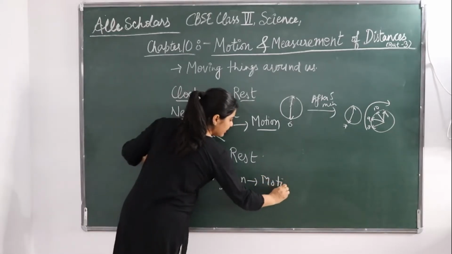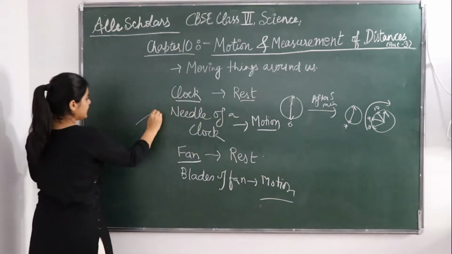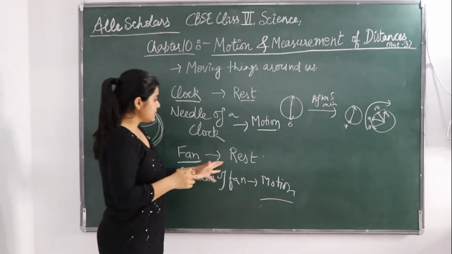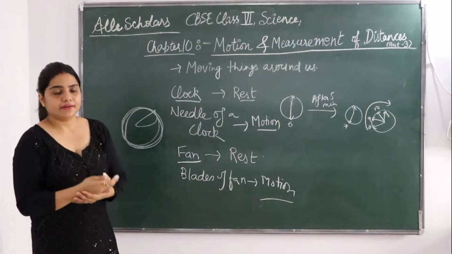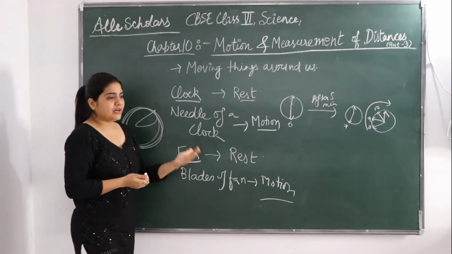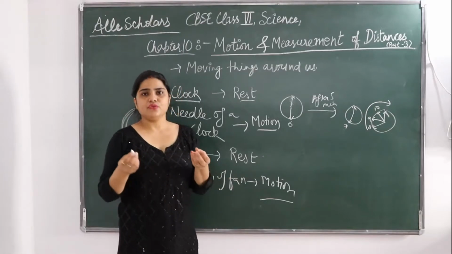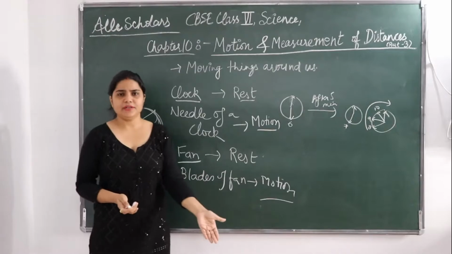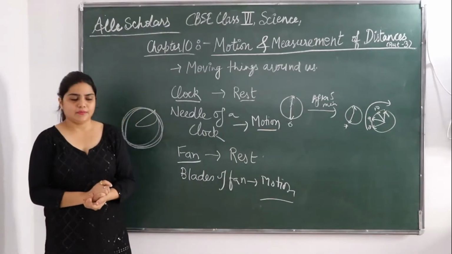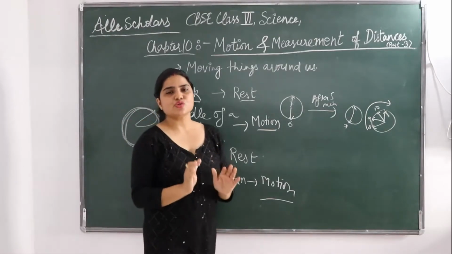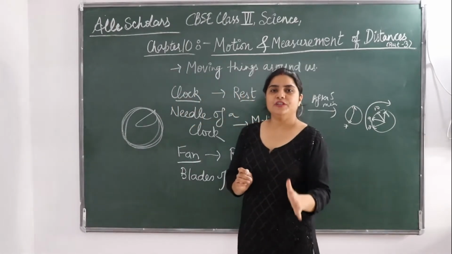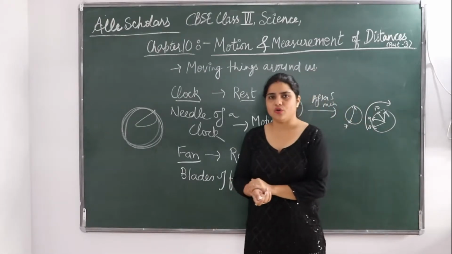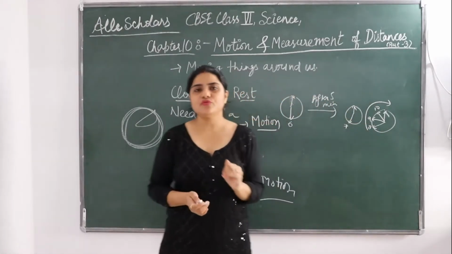If you see a fan, the blades are running and running. Okay, they are in motion. So different kinds of things are there. If you see a table, 10 minutes before it was here, and after 10 minutes also it is here. The table is not going to move with time itself. वो कब मूव करेगी? जब आप उसे मूव कराओगे, बट टाइम के साथ वो हमेशा मूव नहीं करेगी.